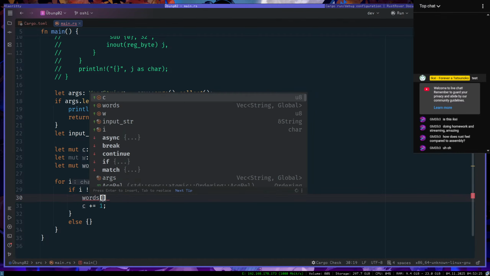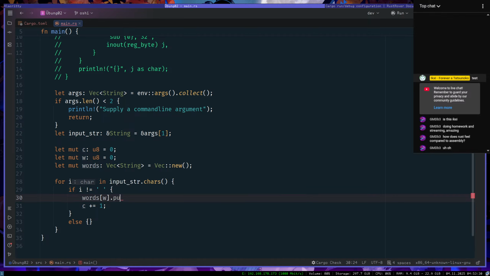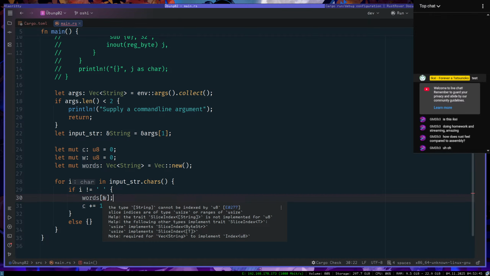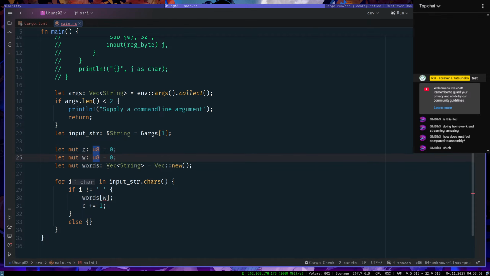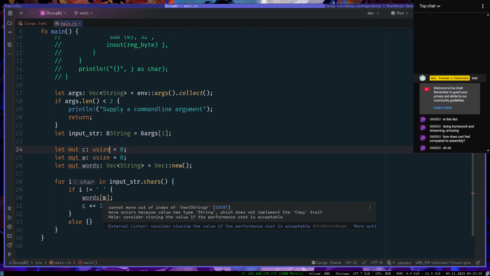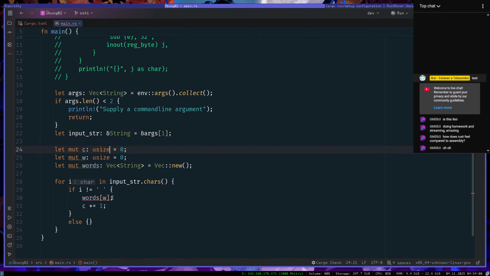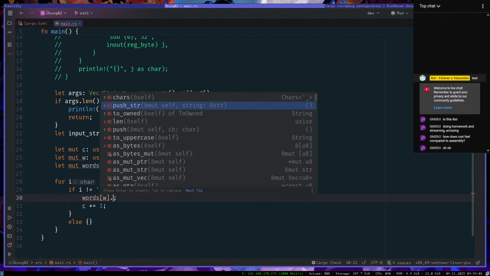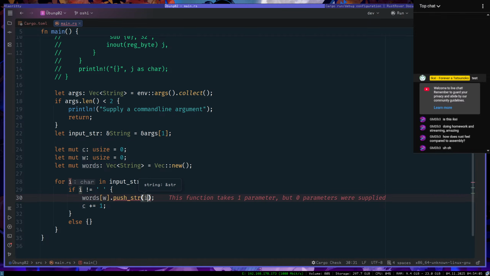Words w dot. Why is it? Type string cannot be indexed by u8. Slice indices of type. push_str i.